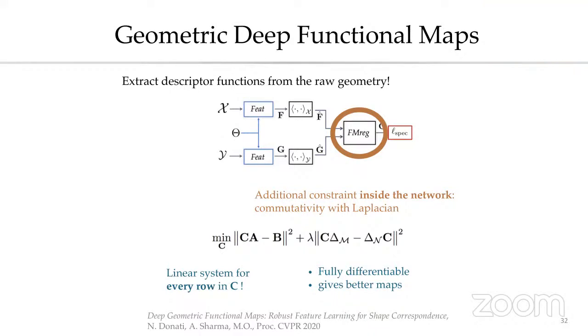Max, maybe a follow-up to this question. How do you ensure that you get, for example, invariance under Euclidean transformations? You probably want not to be sensitive to the embedding of your mesh. Yes. So this is actually a very important question. First, we can use data augmentation. That's actually what we did for ensuring invariance.